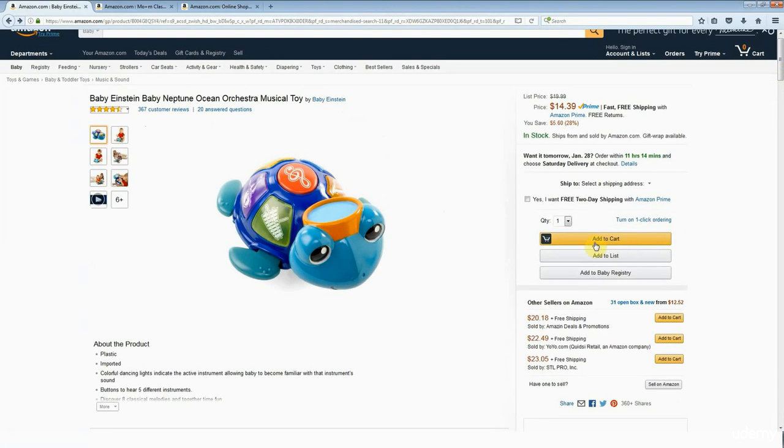Now, this here is the buy box, and at any one time, only one seller can have the buy box on this listing. And right here, this is telling us that it's Amazon themselves who have the buy box. All the other sellers on this listing do not have the buy box, which means that when a shopper comes to this listing and clicks add to cart, it is Amazon that gets the sale.